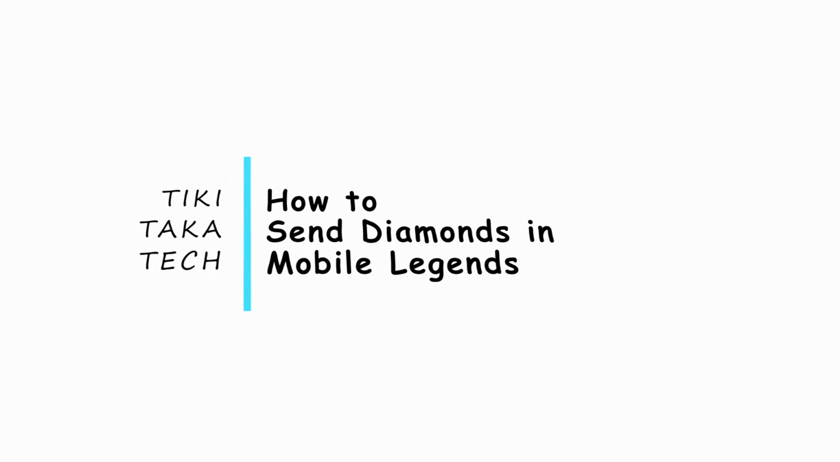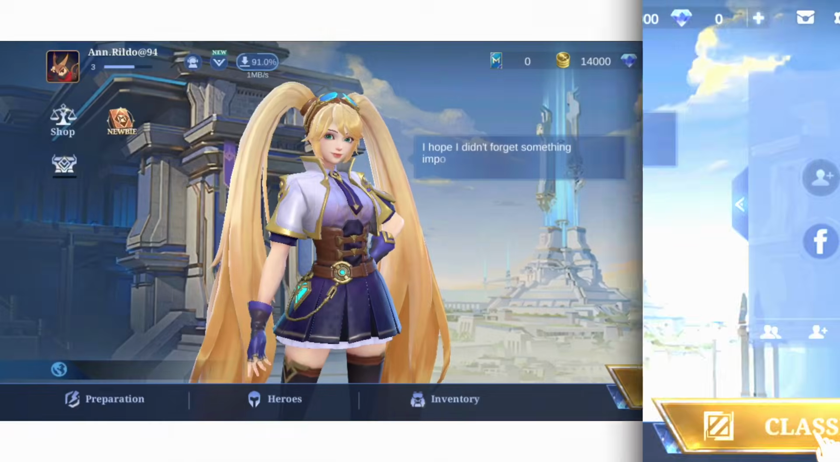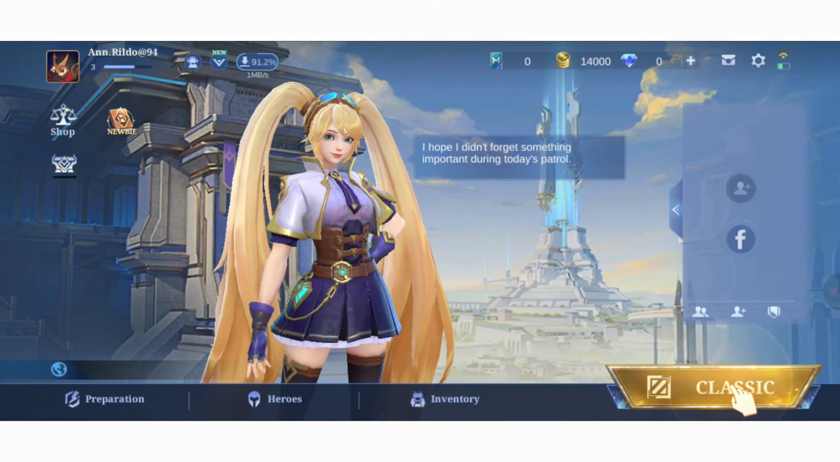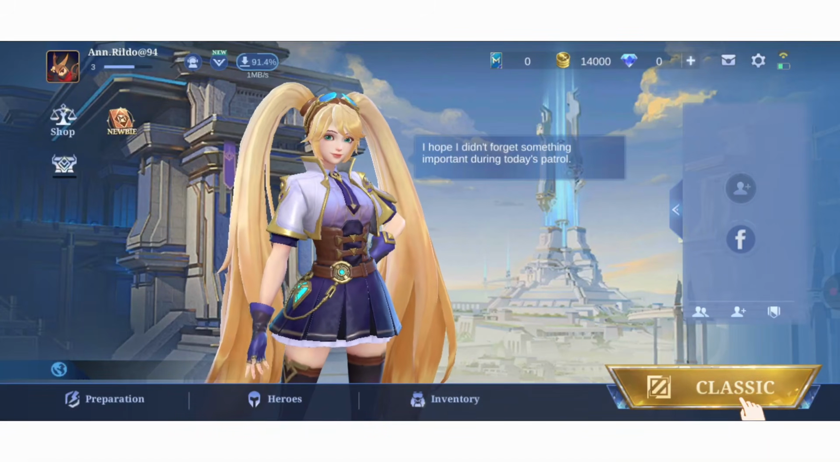How to send diamonds in Mobile Legends. Hello, everybody. If you are wondering how you can do that, you may follow these steps in order